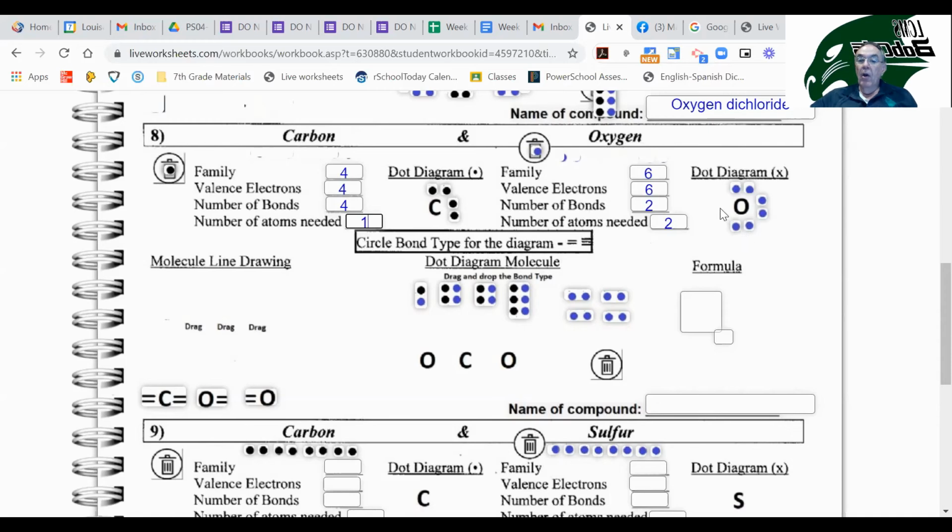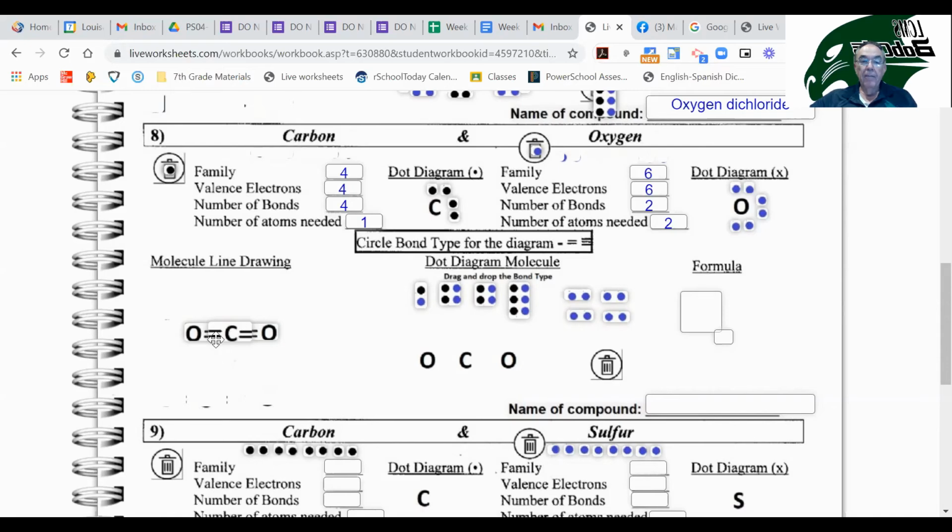So we're saying that we're going to need 2 oxygens and 1 carbon. And the smallest number of bonds is double bonded. So when we go to look at the pictures, we should only find molecules that have double bonds. The way carbon double bonds is like this. Oxygen double bonds like this. So what we have are 2 oxygens that we predicted, and 1 carbon that we predicted, and they're double bonded